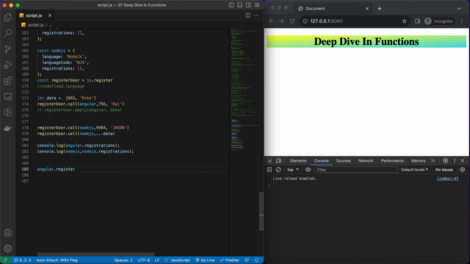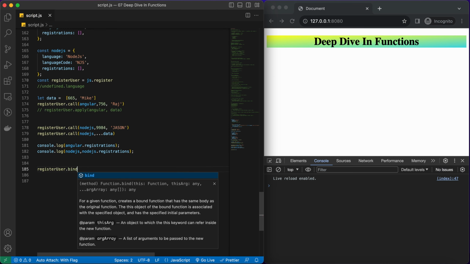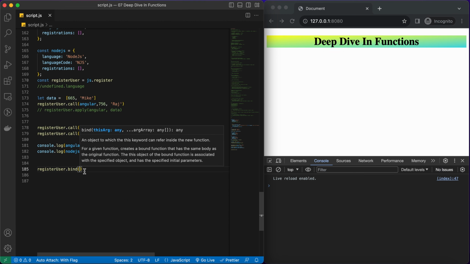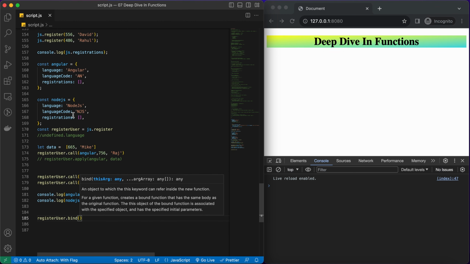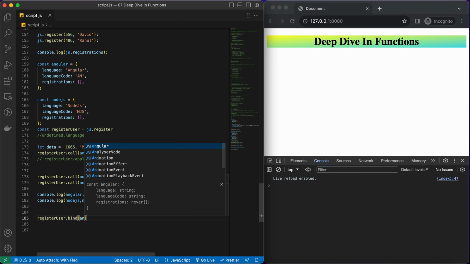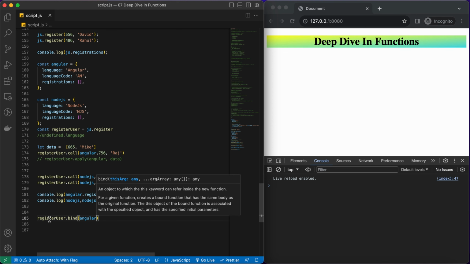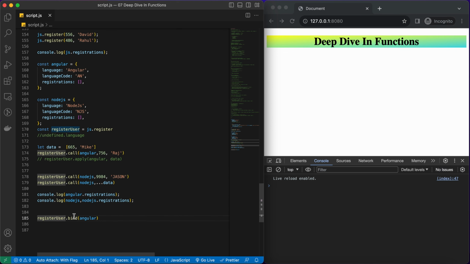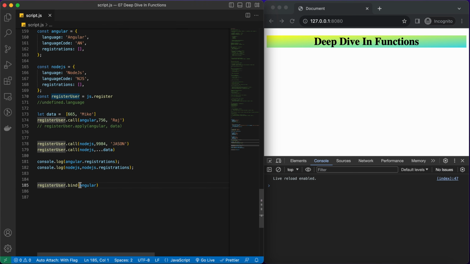Here we have to call this register, or I think we have stored it somewhere. Yeah, we have stored it here, so we will use this one directly. Register dot bind, and then we want to call Angular, right? So we will set this keyword to Angular. Now let me show you what will happen if you use the bind method, and here we have set this keyword to point to Angular. So if we log this,